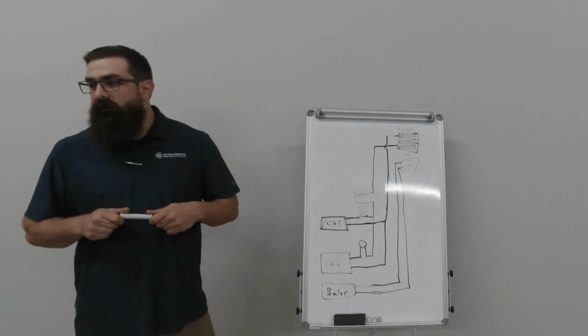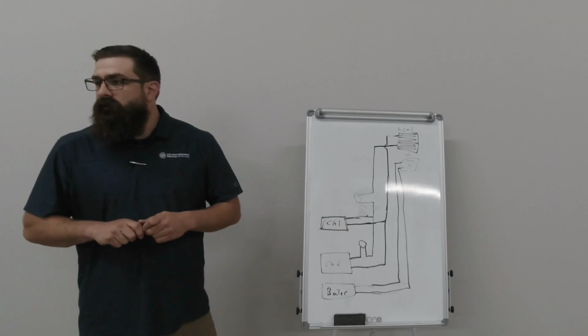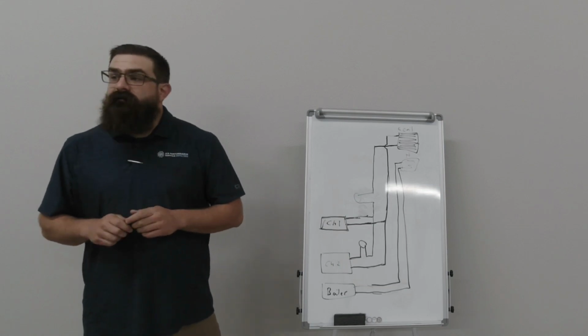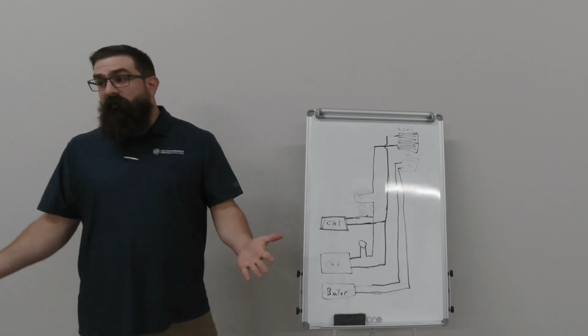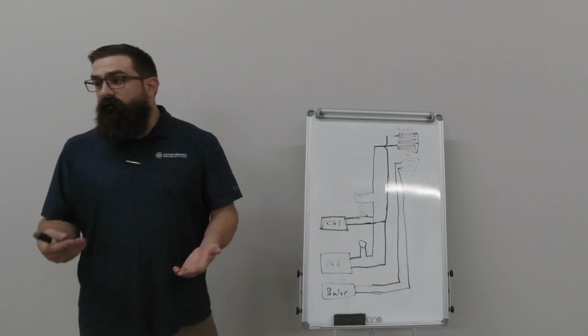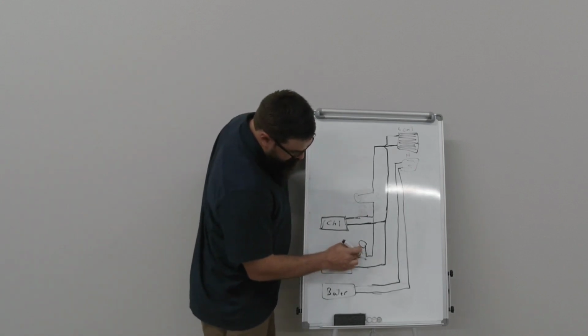I don't know if there's some kind of financial or efficiency reason. Personally, I like common because we can do lead lag on chillers and pumps, so you have more redundancy for failure. However, there are dedicated systems that have multiple pumps for each chiller, and they can lead lag their own pumps. So you may have 2 pumps,